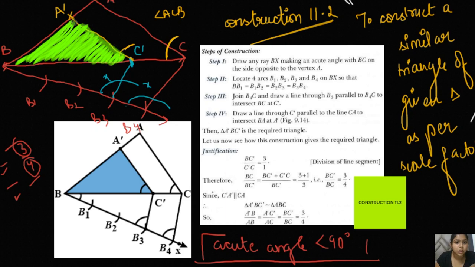So what is the triangle formed? It is A dash B C dash. This is the particular triangle. You can just have a look at your steps of the construction and it will be better for you to understand from there. Okay, it is very easy. You don't have to do such a mess. Whatever, you are given only the triangle.